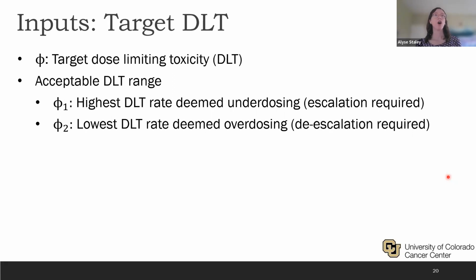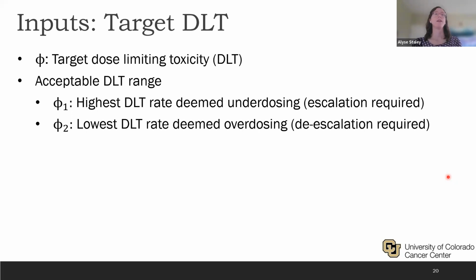Additionally, we need to know the target dose-limiting toxicity rate, or DLT. This is often set at 0.3, but in some applications it may be appropriate to deviate from that. In addition to the target DLT rate, we also need to know the range of acceptable DLT rates. This is because there are small sample sizes, so the true DLT rate might be a bit higher or lower